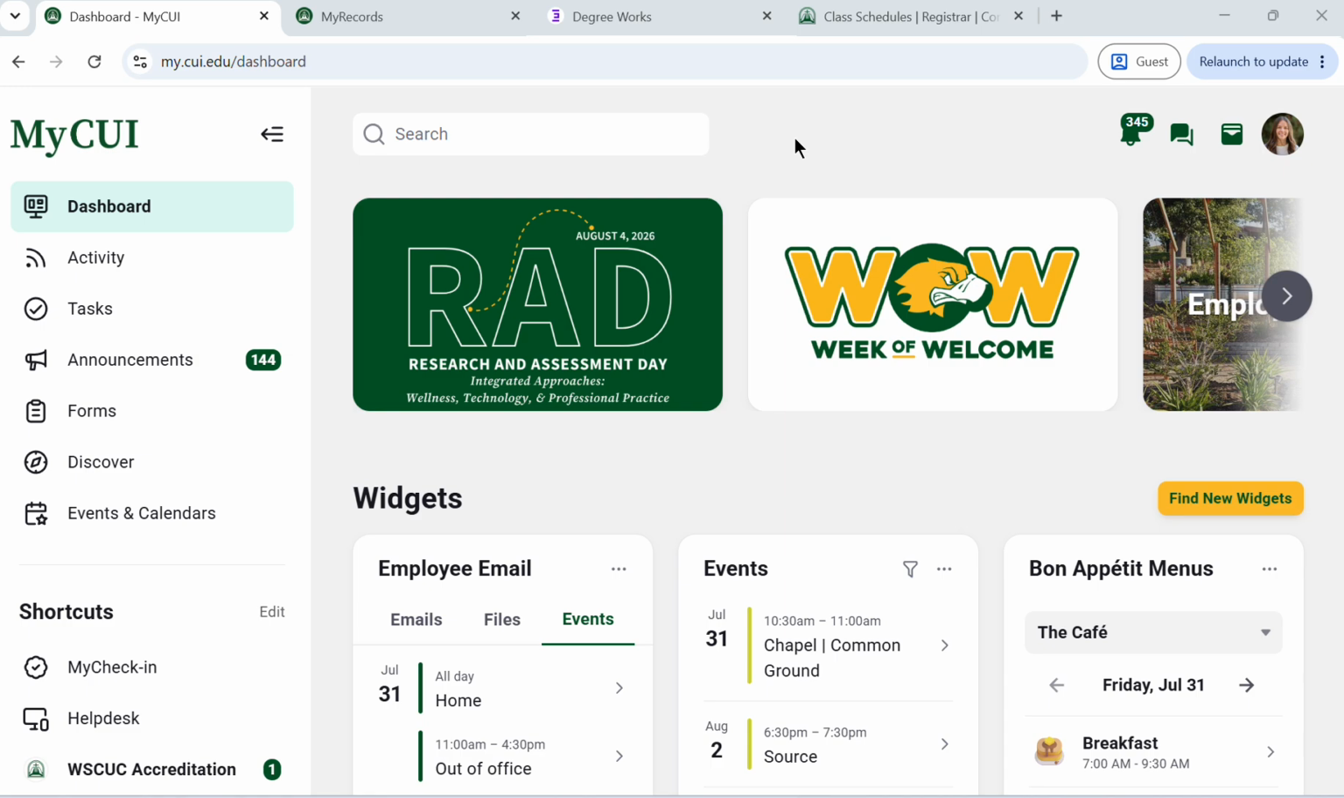Today we're going to walk through how you can build your course registration plan in MyRecords. So first, go ahead and open up MyCUI on your computer. Please use your computer to do this. Your phone is not the best way. So once you open up MyCUI, you're going to navigate to the left side toolbar